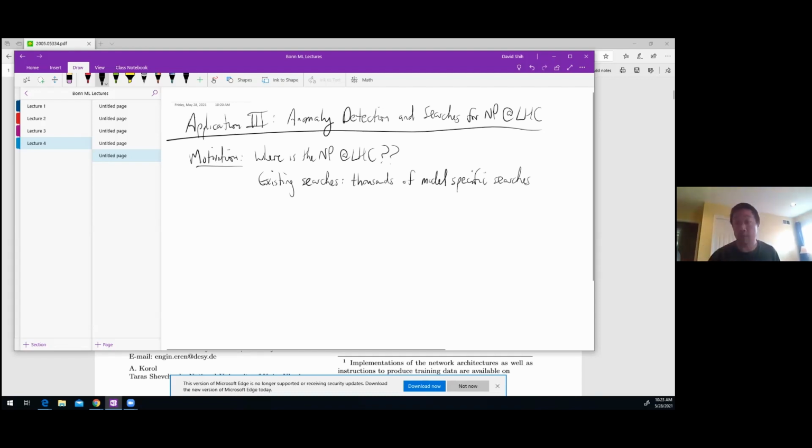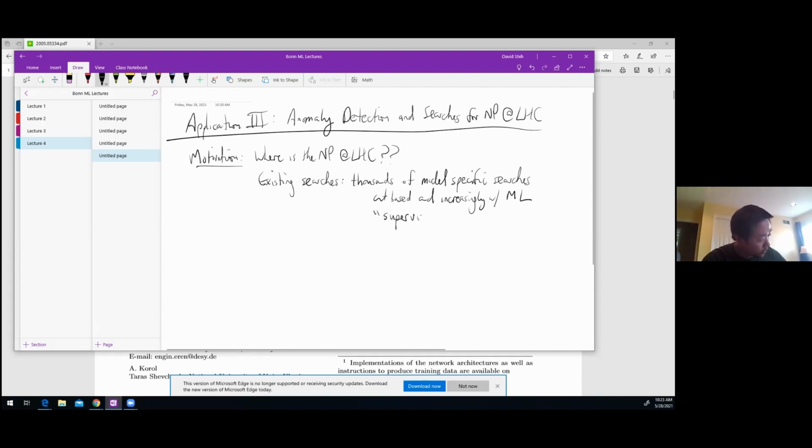More and more of these searches are being done also with machine learning. So cut-based and increasingly with ML, but in the categorization of things that we've discussed in the first lecture, these would fall under the